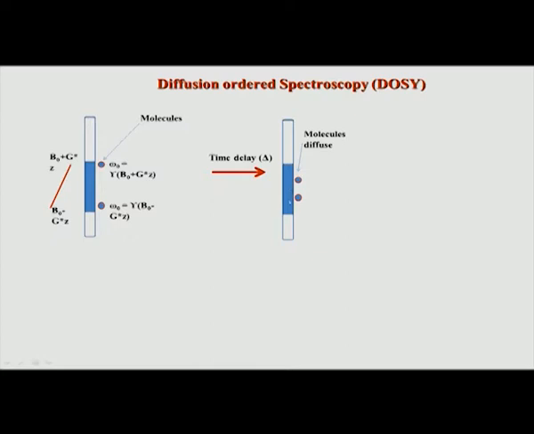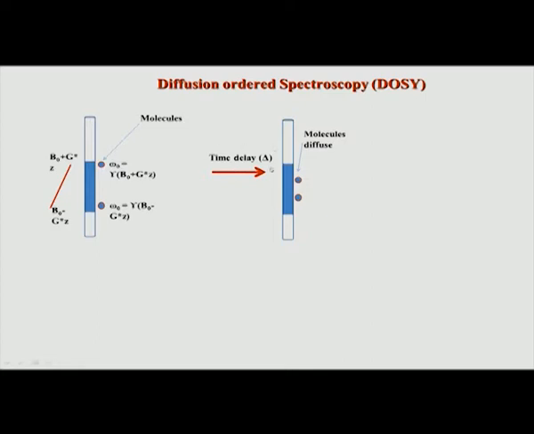Now, because of this diffusion the molecules are no longer in the same position. So this molecule, for example, has moved from the top part of the sample to the center. Similarly, one from the bottom part has moved towards the center. This is just an example, but you can imagine that all molecules are randomly moving around, so they now start going to different locations. So that depends on this value delta.